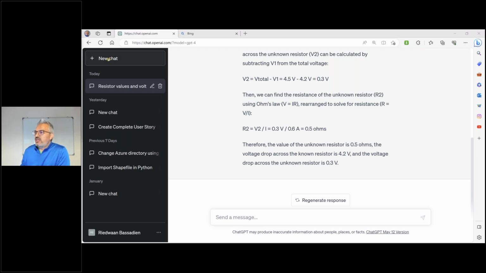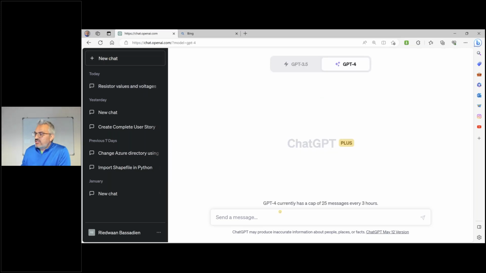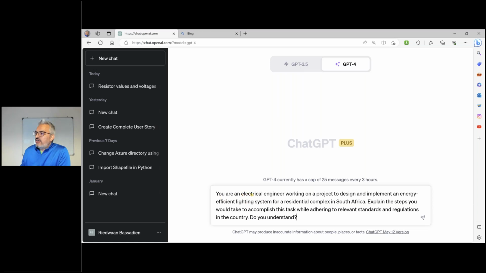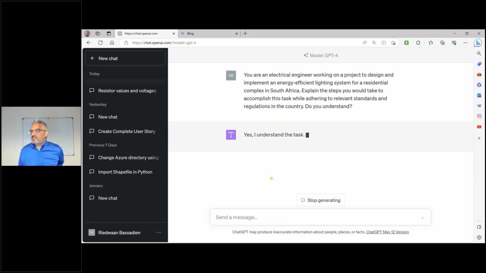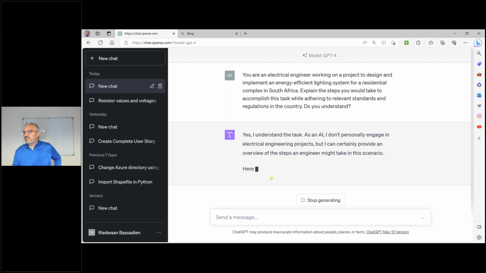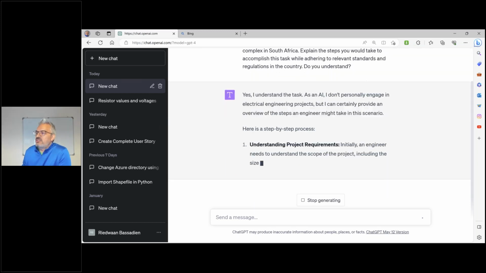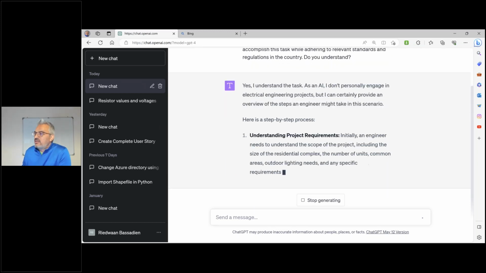So I'm going to create a new chat here, and I'm going to say, you are an electrical engineer working on a project to design and implement the energy efficient lighting system in a residential complex in South Africa. Explain the steps you will accomplish and adhering to the relevant standards and regulations of the country. Do you understand? Okay. And he says, yes, I understand. But guess what? It's going to give you some step-by-step processes around things that you should probably be looking at